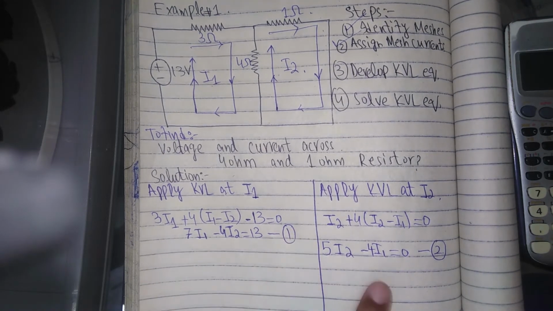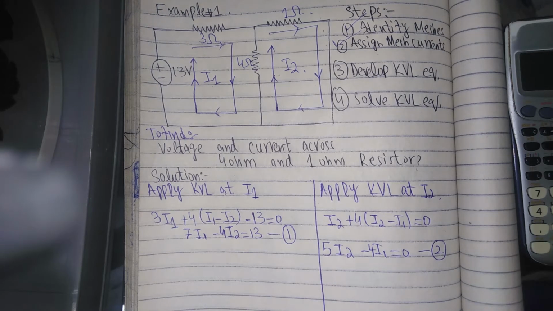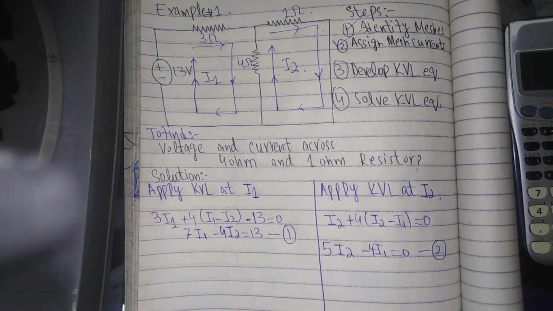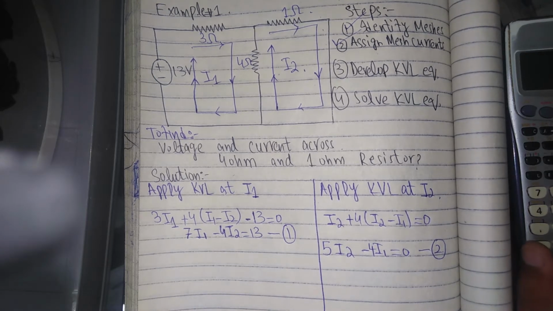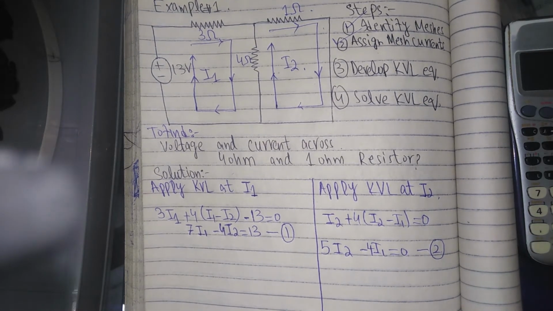Now we have two equations and two unknowns. There are two methods to find currents I1 and I2. The first method is to solve manually, and the other is to put these values in a calculator. How to put these values in the calculator, I discussed briefly in my lecture number 1 on KCL. So go and watch it there in my lecture number 1. You will clear your concept about how to put these values in the calculator. Now we will put these values in the calculator.